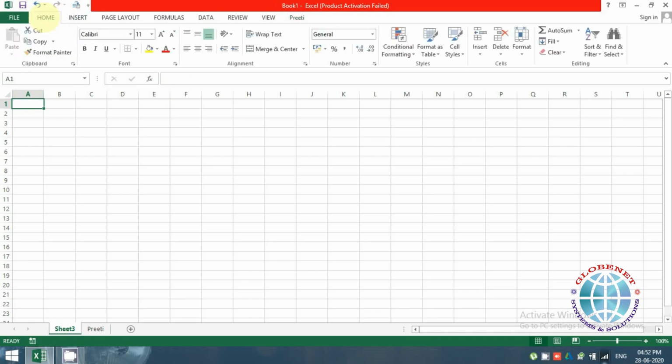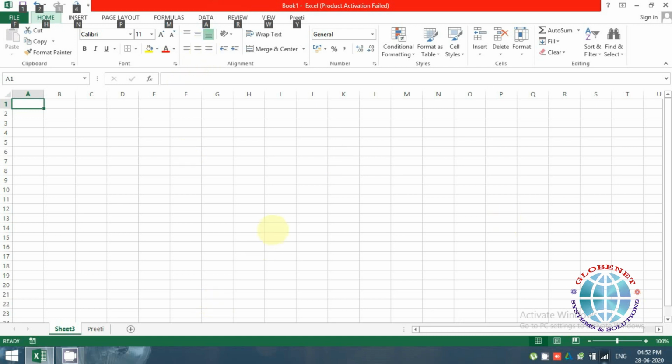Now at the start of the session we've learned a few shortcut keys. Another quick way of using shortcut keys without even remembering any of them is by using the Alt key. This is a good tip, and this can be used in any Microsoft application. So be it Word, Excel, PowerPoint, anywhere the same thing can be used. You press Alt. You get a shortcut key assigned for each tab. So for example, if I want to get into the data tab, the alphabet over here is A.